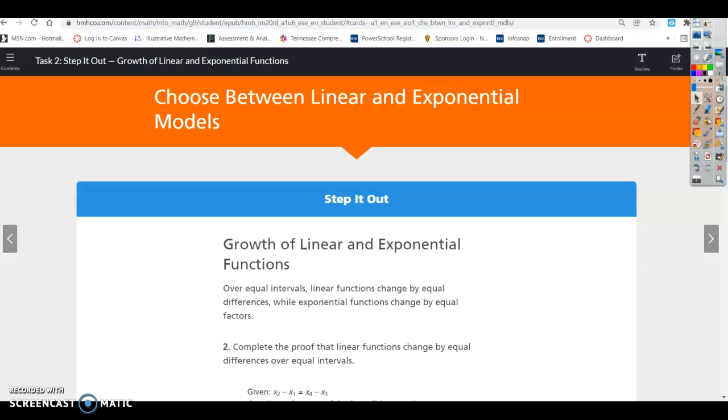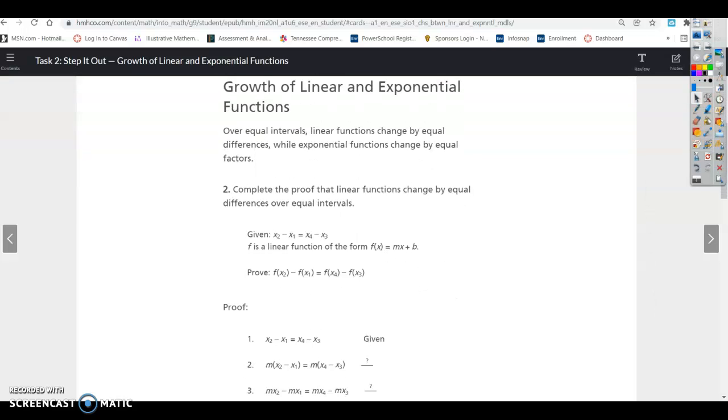Lesson 13.2, task 2. All right, growth of linear and exponential functions. Over equal intervals, linear functions change by equal differences, while exponential functions change by equal factors. Complete the proof that linear functions change by equal differences over equal intervals. All right, so this is given. We're given x2 minus x1 equals x4 minus x3. Now, we don't know what x is, but whatever it is, we know that this x minus x equals x minus x, basically. So it says f is a linear function of the form f of x equals mx plus